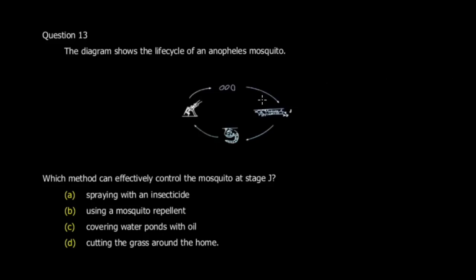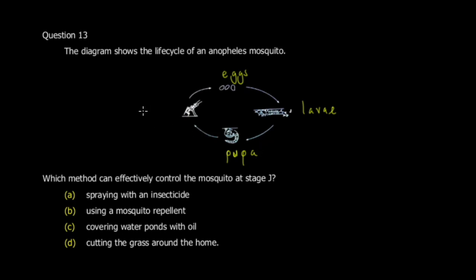It says the diagram shows the life cycle of an Anopheles mosquito. So this is the life cycle. Which method can effectively control the mosquito at stage J? Okay, so these are eggs. Okay, this is a larva. These you can say are the larva stage. I'm not really sure about the plural. This one is called a pupa,